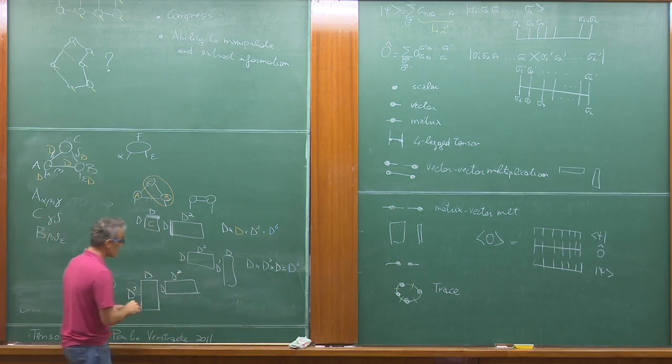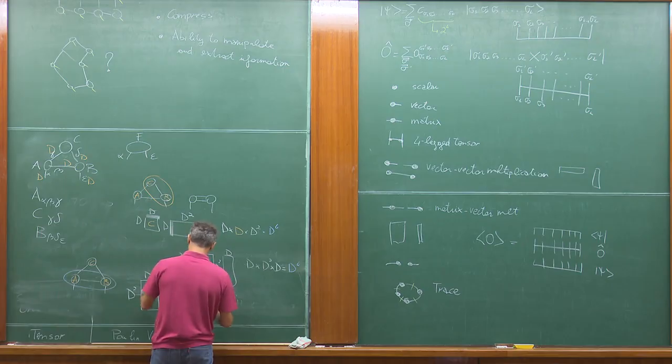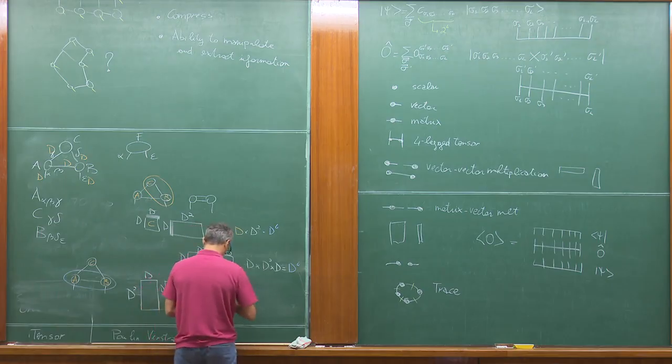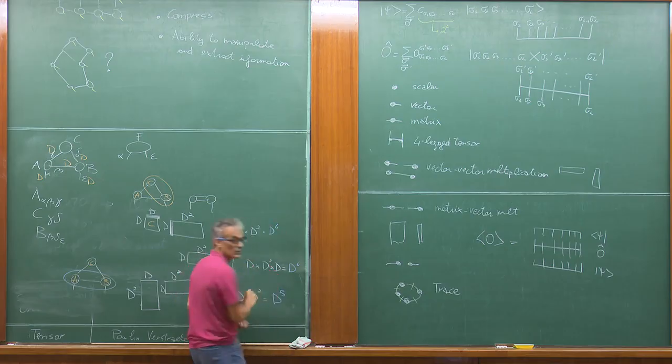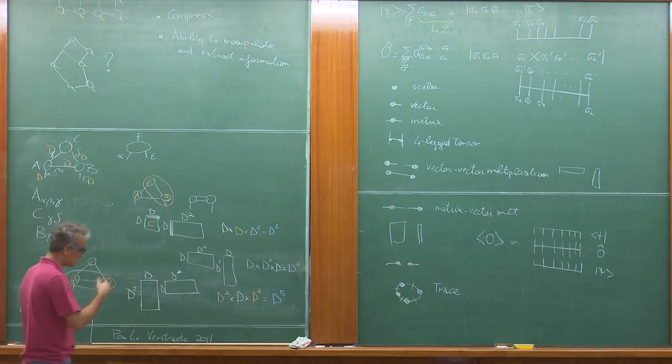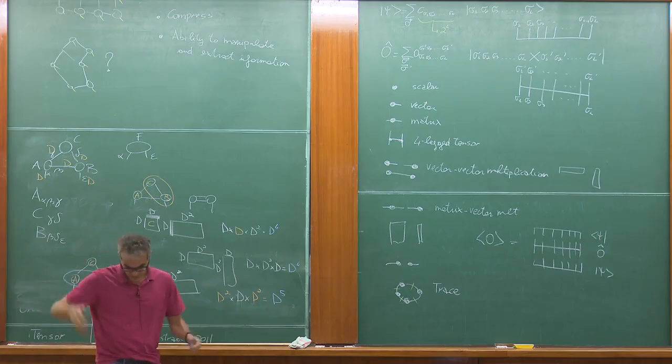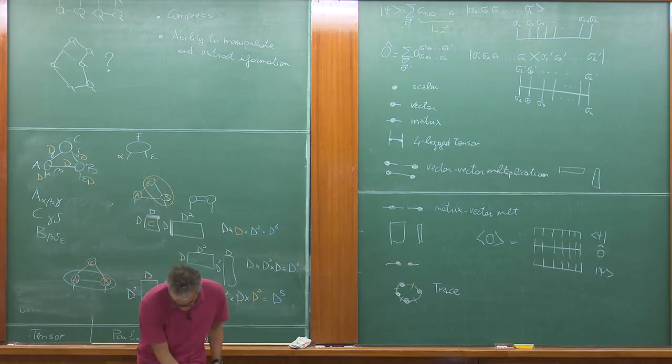Okay, so the number of steps is d squared times d times d squared, which is equal to d to the 5. So you end up doing things in a more costly way. This is to say that whenever we think of a network, think about how you're going to do the contractions and all the other things.